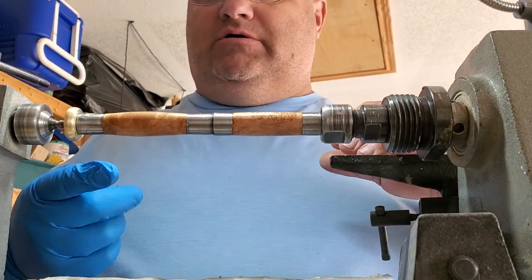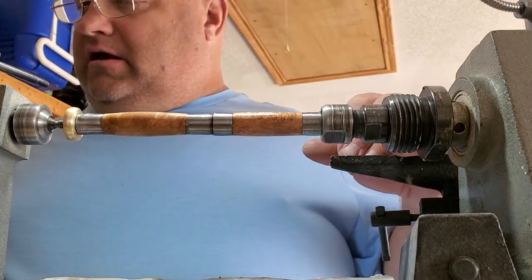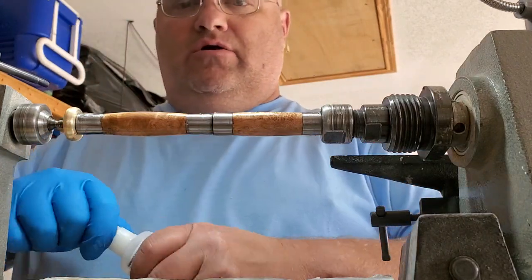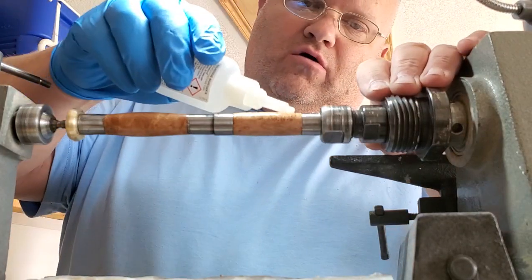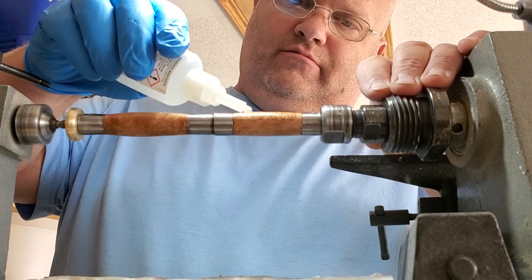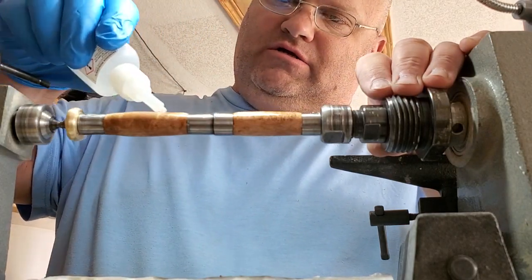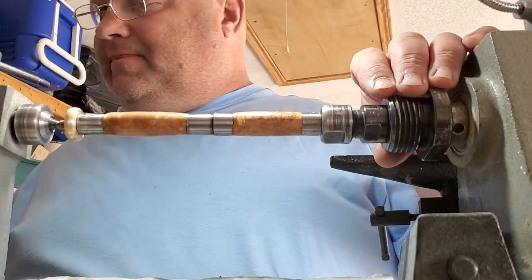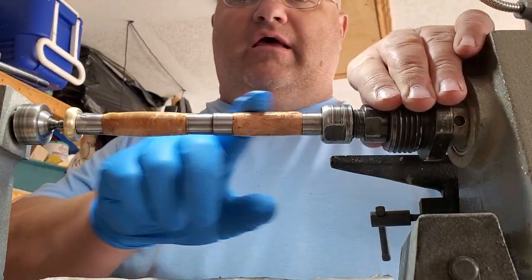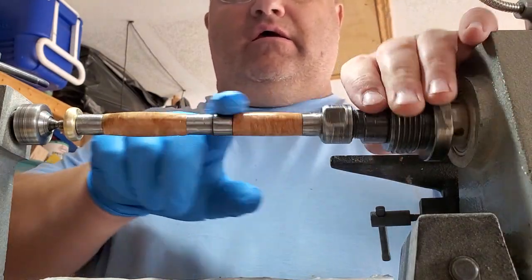And that's what you want, because right now I can start sanding on it because it's ready to go. It's that quick. And then you just want to take your glue and do the same thing again. Coat after coat after coat. You can put as many coats on as you want. It just makes the finish thicker. And you're going to be sanding on that finish, so you want it to be pretty thick to where you don't sand